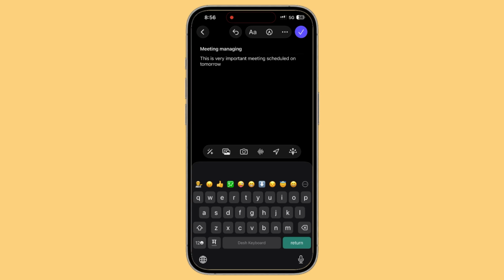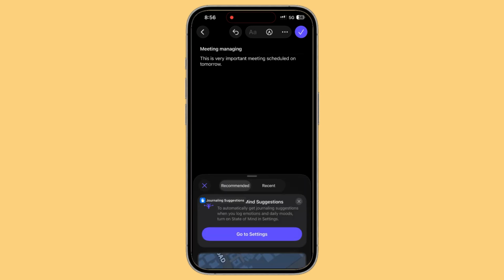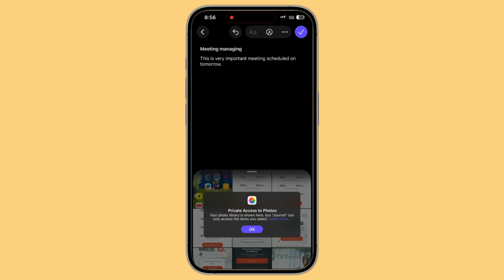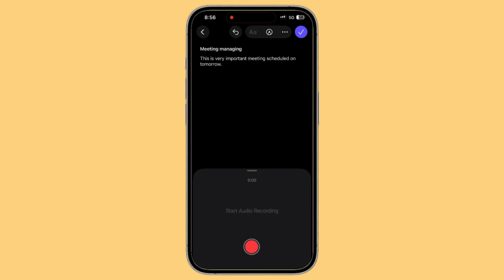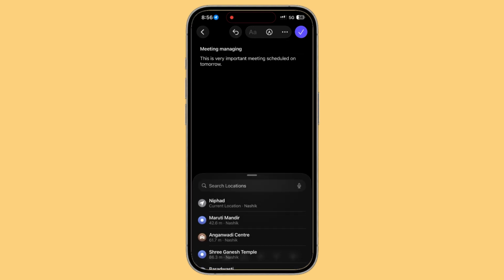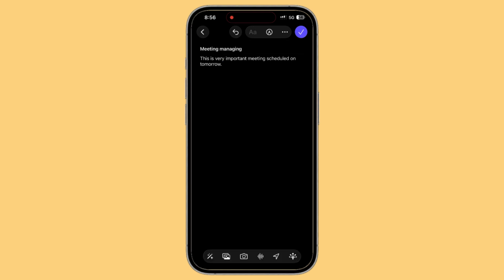On the bottom bar, you get multiple tools: the magic star icon for suggested moments, photo icon to add images from your gallery, camera icon to click a photo and add instantly, audio waveform icon if you want to record a voice note, location icon to save your current place, and the last icon on the right gives you prompts